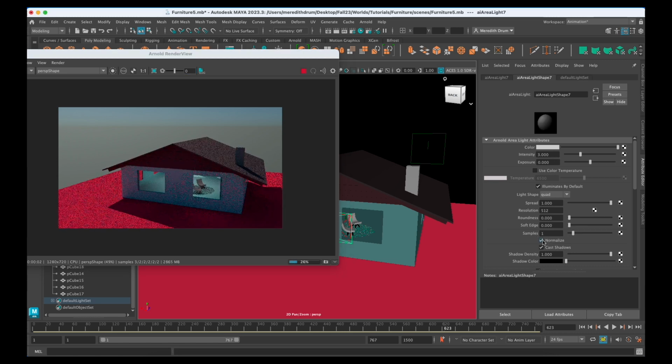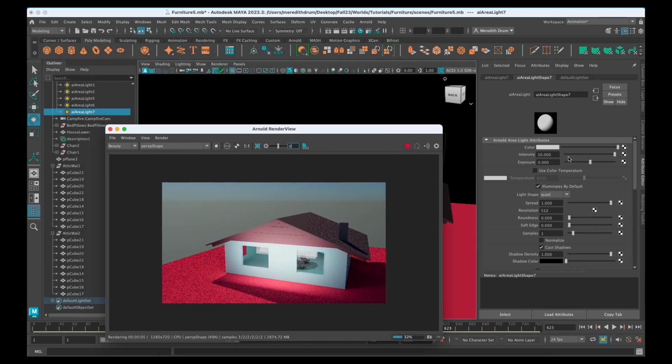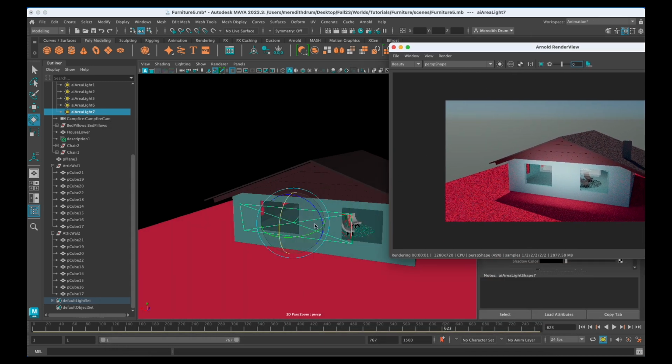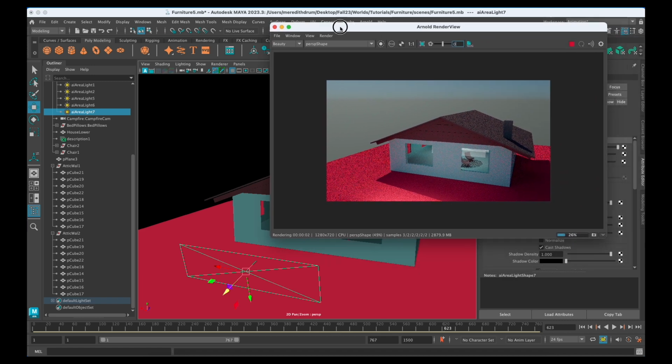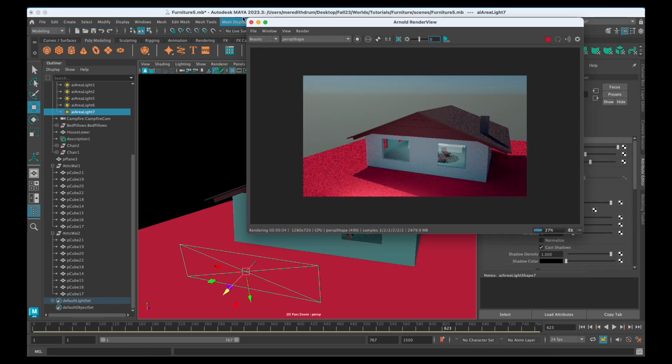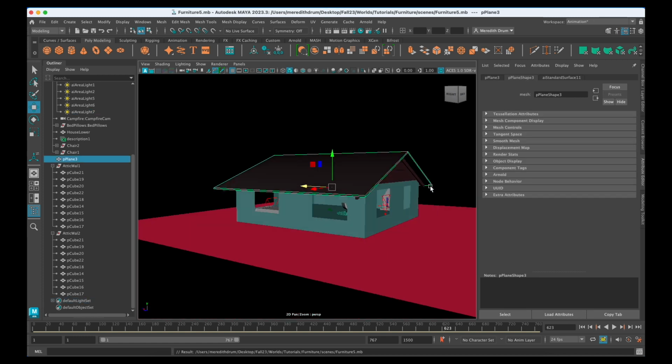You can see that it can be really helpful to use normalize if you want. You could keep bringing up the intensity with normalize on and the exposure, or you can turn normalize off, and of course it's a little bit too intense. Let's bring it back down to, let's say 4, but let's also move it further away from the object, and you see it gets a little bit more diffuse, which is nice. Okay, so I'm just going to save. So there's your roof, and that's it for now. Thank you.